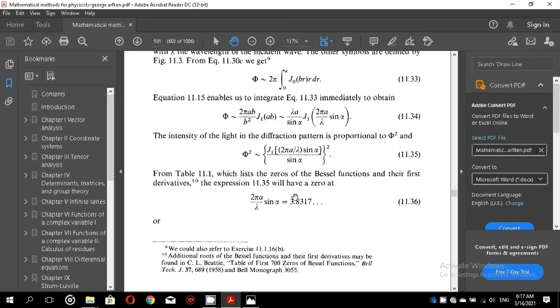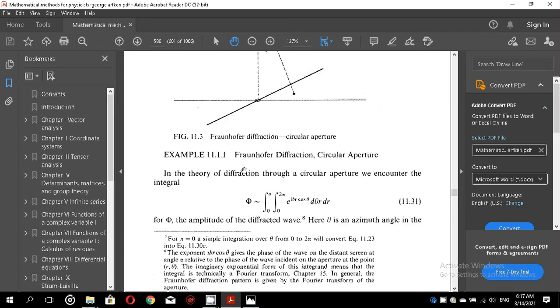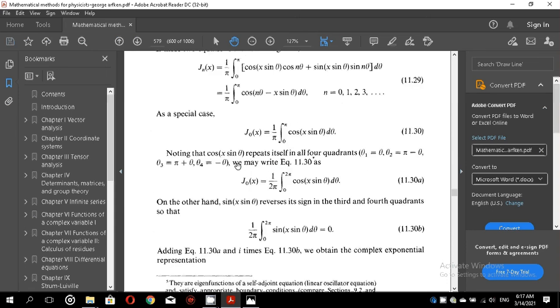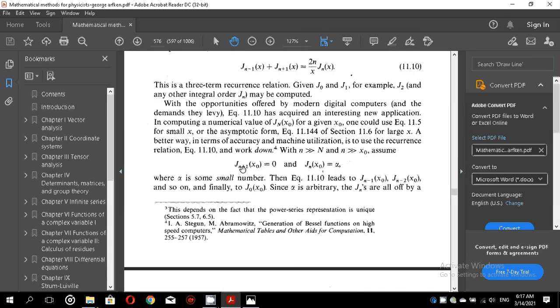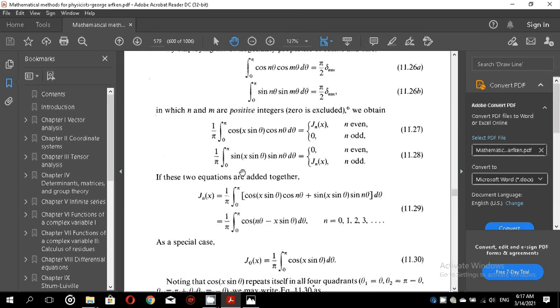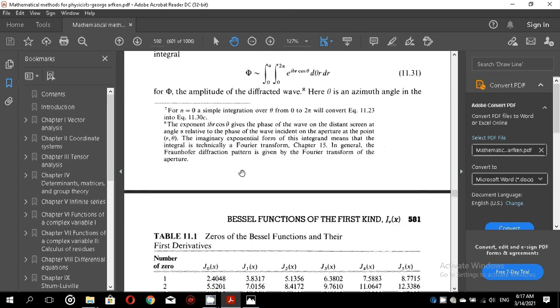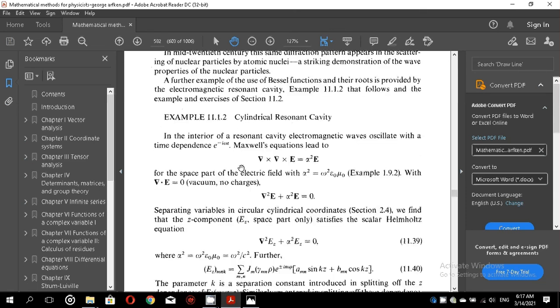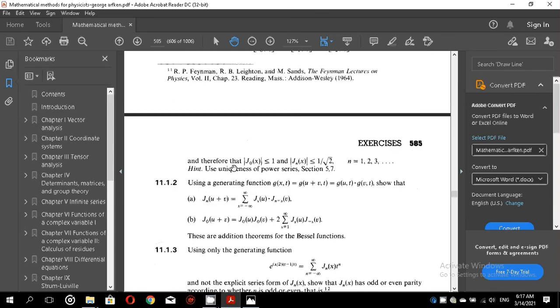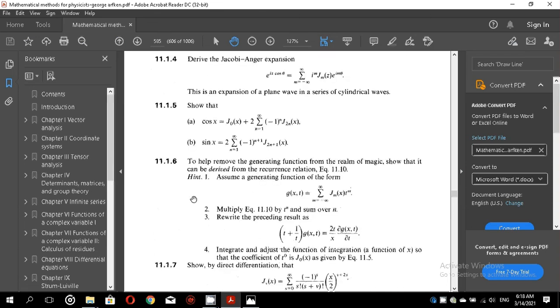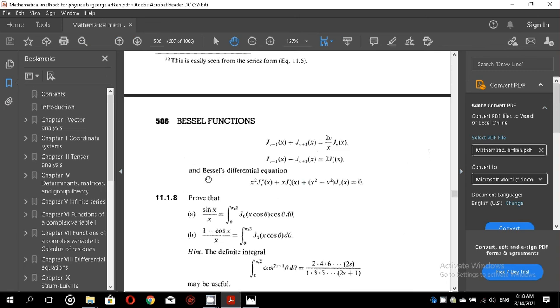Okay, so that's it about these topics which I wanted to cover today, and let me now give you some exercises to solve a few more problems from this exercise. Where is this exercise? If I can see. Okay, so these are the exercises. I would suggest you to solve exercise 11.1.2, 11.1.6,